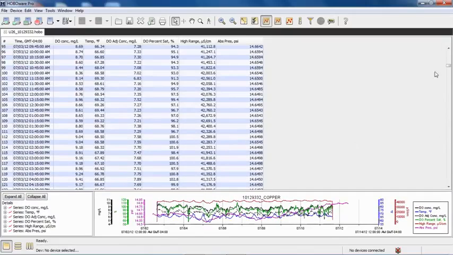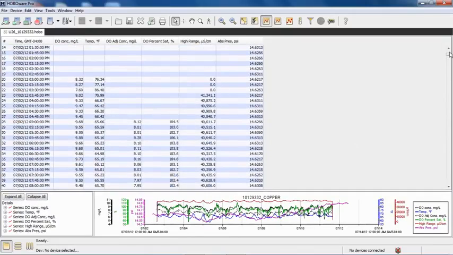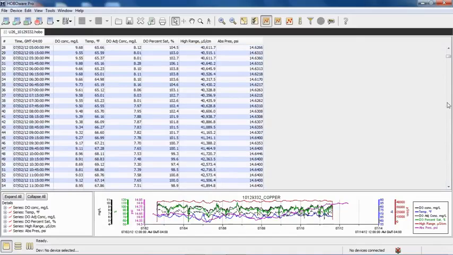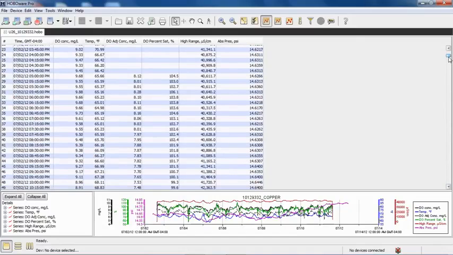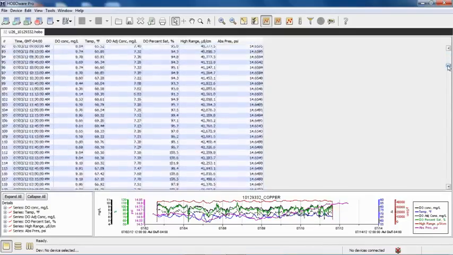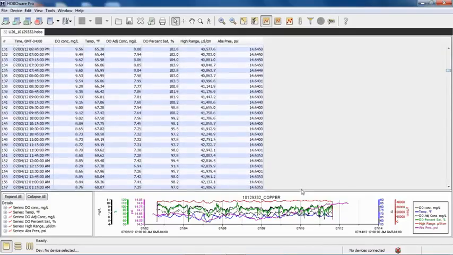And again, we can see that they weren't exactly coordinated as far as their launch times were concerned. That's what our warning was saying. Here's my DO. Here's my conductivity. There's my adjusted concentration in milligrams per liter and my percent saturation based on my DO assistant